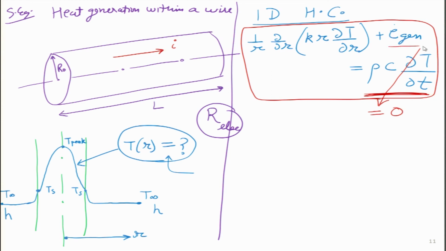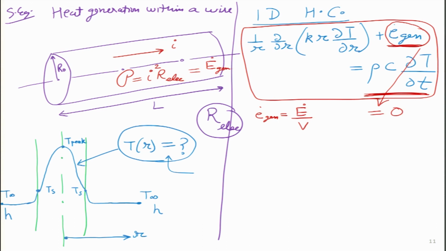What about this second term? Can I make E dot gen equal to 0? I don't think that we can, because a lot of heat is being generated inside this particular wire. If the current is high, then this I square R electrical is the actual power which is being generated over here. In other terms, this is what we were calling capital E dot gen. And how is this capital E dot gen correlated with this small e dot gen? I am asking this question again because we did it in the last class. This is simply related by dividing by volume.